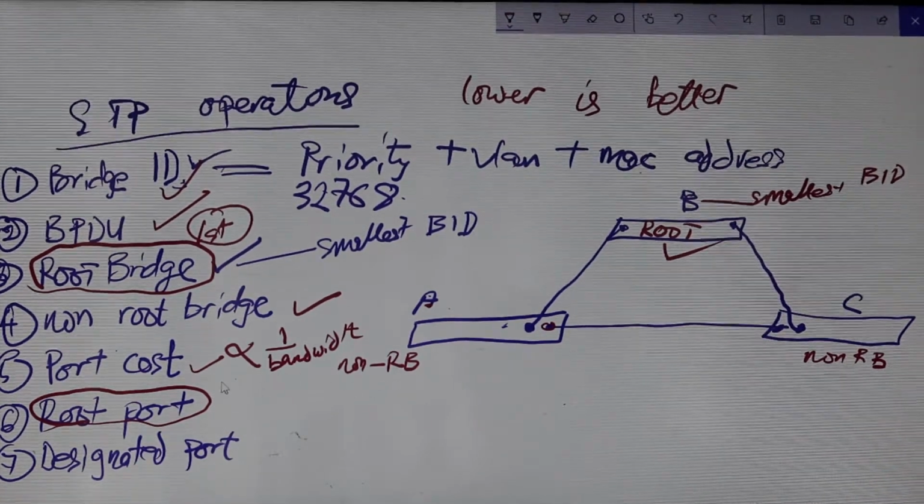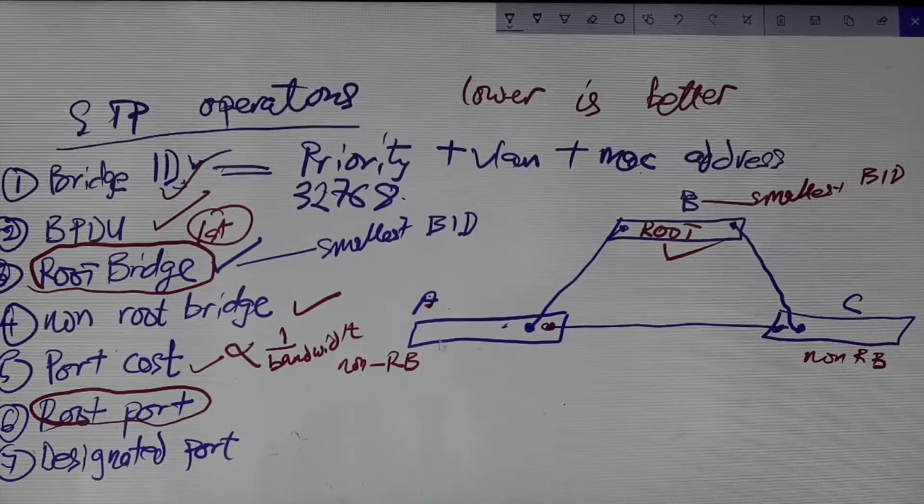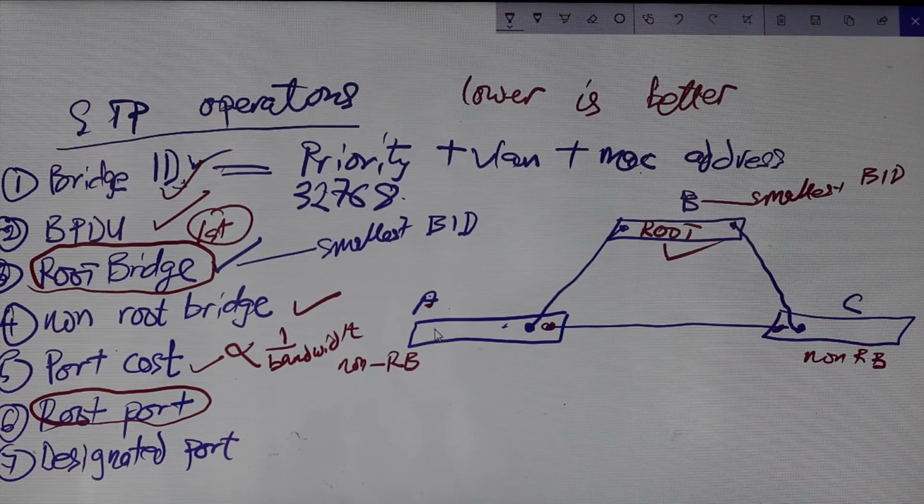Root port. Remember, this switch has all these ports here. They are not taking part in STP. Those that are taking part in STP are just this and that, the connections to other switches. And for switch C, just this port and that port. Forget about the other ports here.